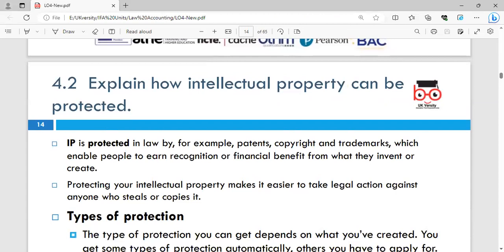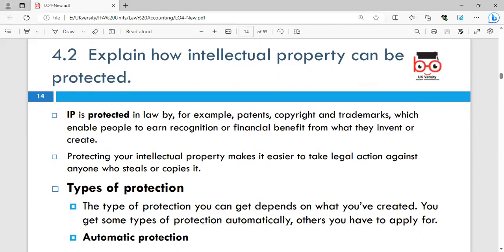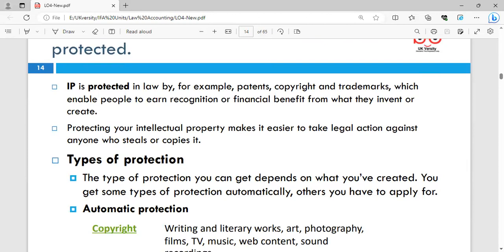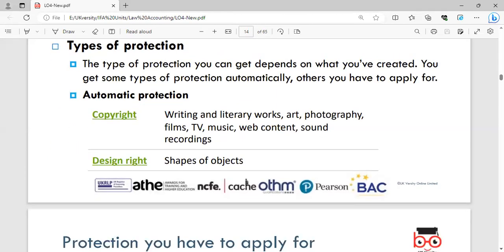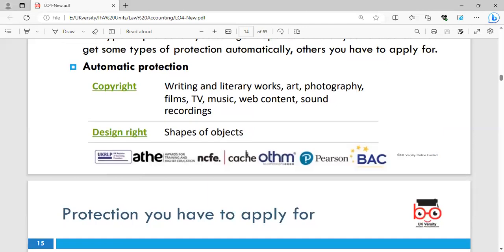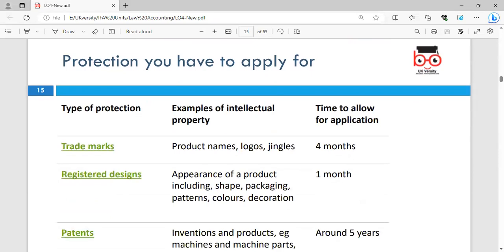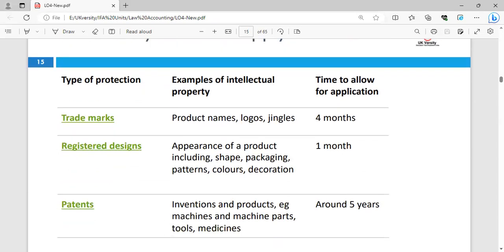Then we have 4.2, where we look at intellectual property rights, which are protected in law. For example, patents, copyright, and trademarks enable people to earn recognition and financial benefits from what they have invented or created. Protecting your intellectual property makes it easier to take legal action. Types of protection can be copyright, which covers writing, literary work, and arts. If you've done protection, how to apply, yes, trademark,